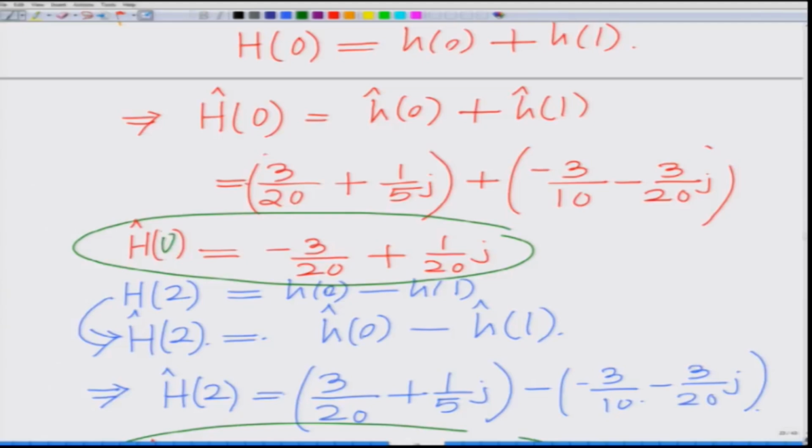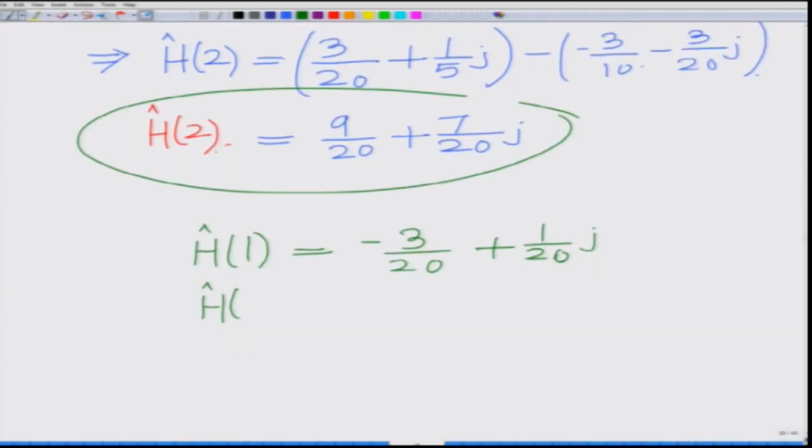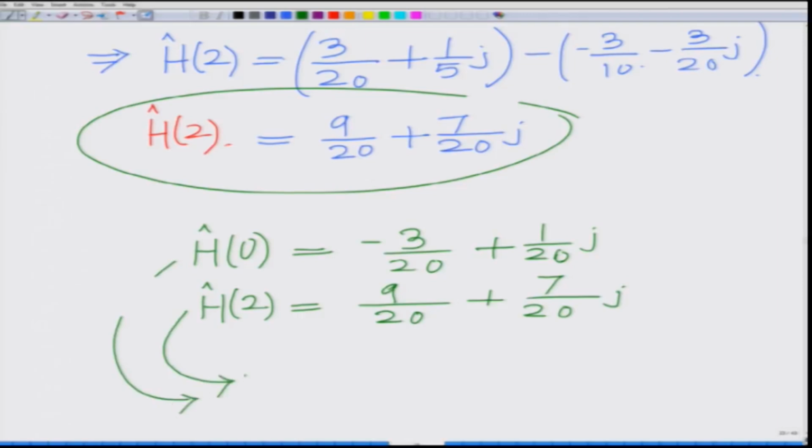So, now we have calculated the values of H hat 0 and H hat 2: H hat 0 equals minus 3 by 20 plus 1 by 20 j, and H hat 2 equals 9 by 20 plus 7 by 20 j, and these are the estimates of the channel coefficients corresponding to